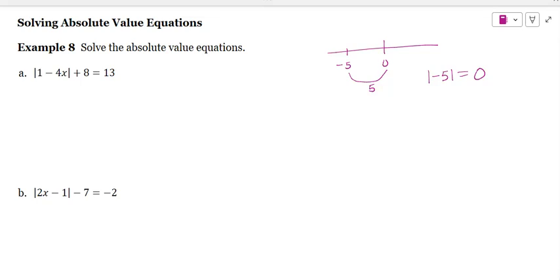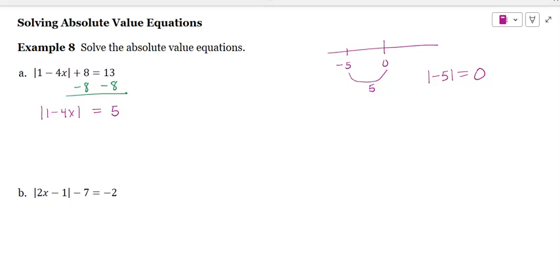So when I have something that's in an absolute value equation, such as this one, what I want to do is isolate the absolute value symbol so that I can think about it as being a distance away from zero. So for this example A here, I'll start by subtracting 8 from both sides. And so since we're saying that the absolute value is equal to 5, that means that this item, the 1